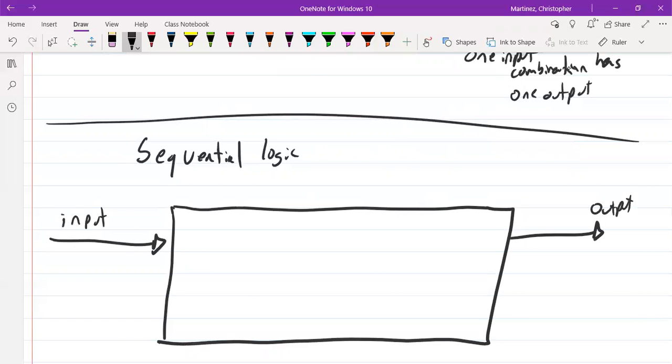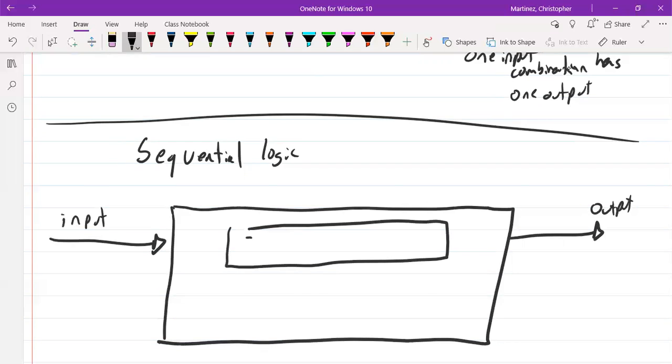and I have some output that's leaving the system. Now, in order to produce anything, everything has to be set up over some type of logic that I want to create. Where that logic is, given this input, what is it that I want to produce? So we would have some combinational circuit being used. So a sequential logic is made up of having some combinational piece. This combinational piece, that's what's producing our output. We take in the input, we're using that input to process what it is that we want, but